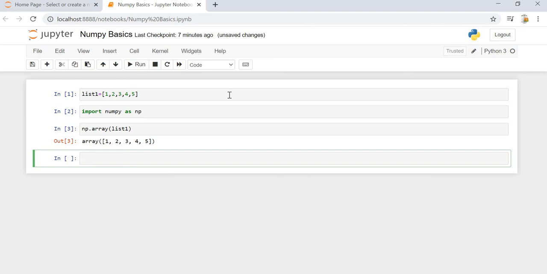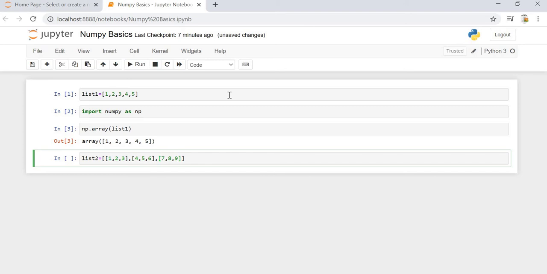Now we can also have a two-dimensional array using lists. We can do it like list2, which is, let's say, a nested list: 1, 2, 3, and another one is 4, 5, 6, another one is 7, 8, 9.